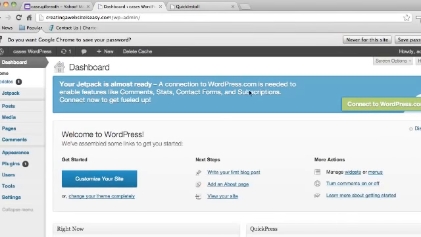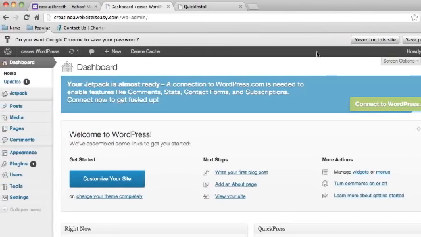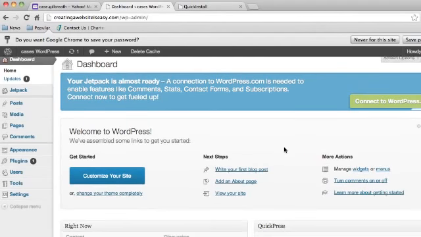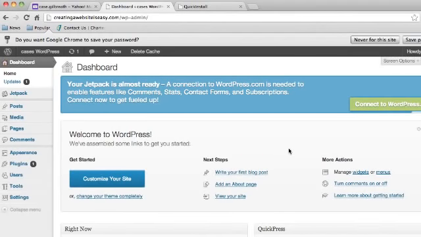Okay, now here we are in our dashboard. Now this is basically just the back end of our website. This allows us to edit all of the content on our website. Now I like to think that our dashboard here is very similar to Microsoft Word, in that there is absolutely no coding involved in updating our website. It's basically like going into a Microsoft Word document, putting content in that document, saving the document, and then our content is put live on our website. So it's very easy to use, and I hope you find it easy to use as well as we walk